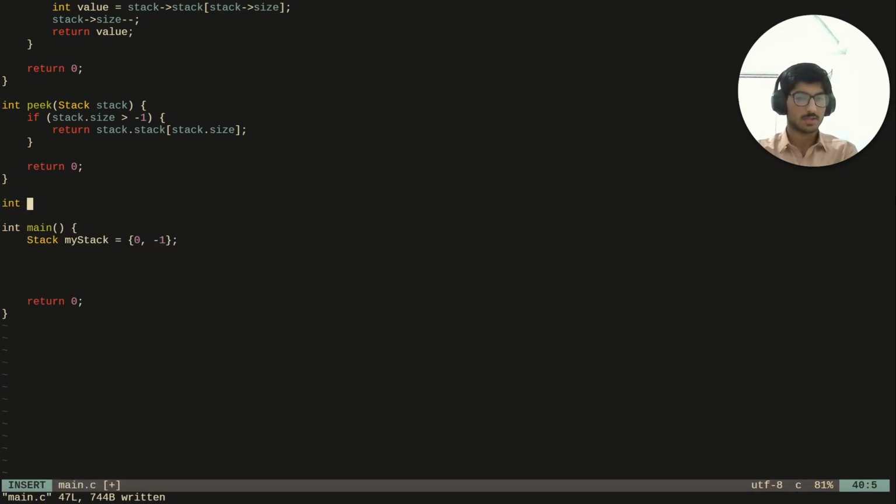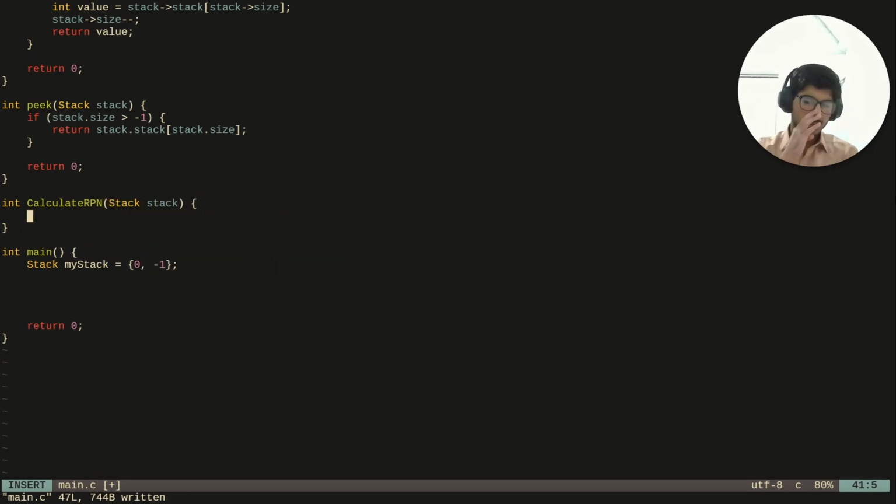We're going to return an integer, which is the final value, or the result of evaluating the equation. Let's call this calculate RPN, reverse Polish notation. We're going to pass in a stack. Now we don't have to pass in a reference to the stack, because we don't have to edit the stack itself. We can edit it locally, and those changes don't have to be made to the main stack. So first off, we're going to have a while loop. So while true,